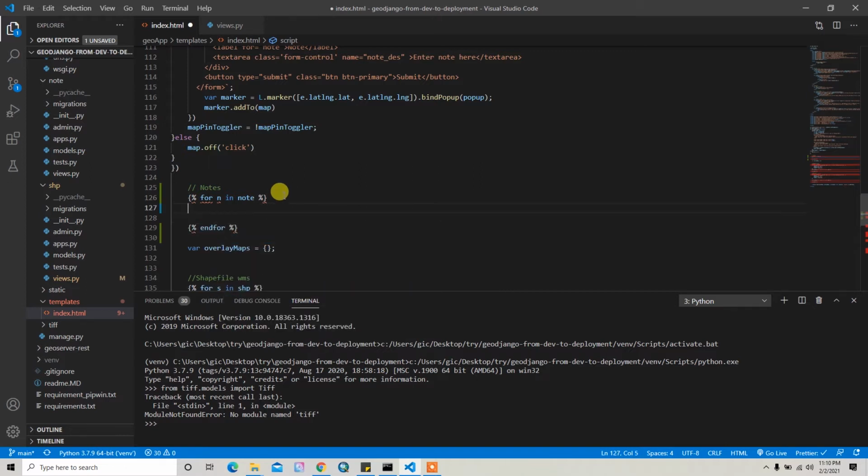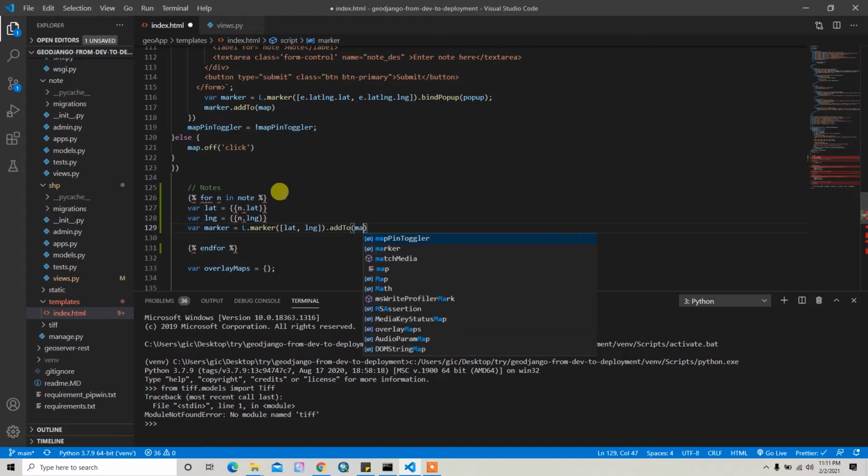Then I can write for lat equal to n dot lat, and longitude will be n dot longitude. And then if I write the marker, the marker will be the L dot marker, and then I can pass lat long, and then add to map.